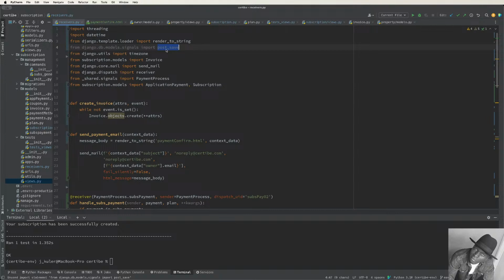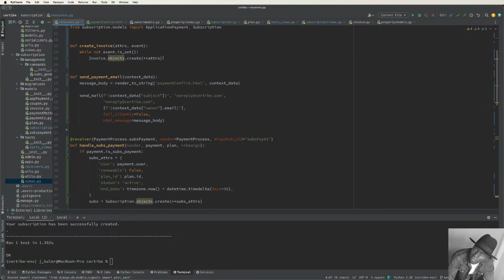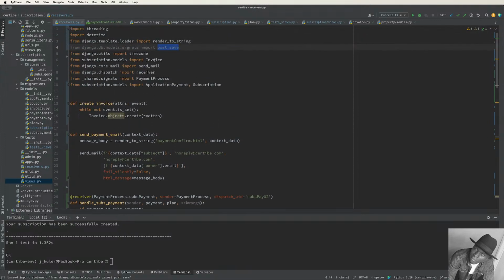And the post save was running twice. It was running at the same time whether we create a payment for the one-time payment or for the subscription payment. But I had to go rewrite, apply software engineering techniques,